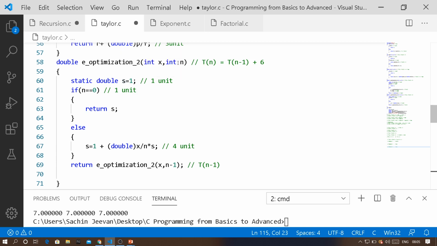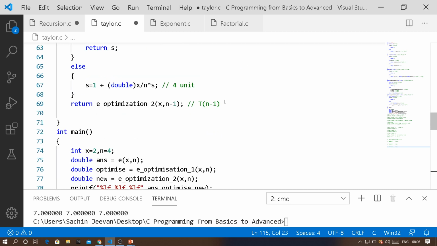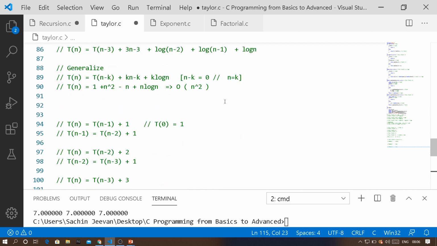What is constant unit of space? Whatever your n value is, even if your n value can be 10 power 6, 10 power 12, anything it might be, you are going to take only one variable. That is why it is constant. Whenever there is a change in the input, if your time or your space does not change, then it is said to be constant. So here it is very clear that in all the three methods, whatever the input might be, the number of units of space does not change. So all the three methods come under constant space complexity, which is order of 1.